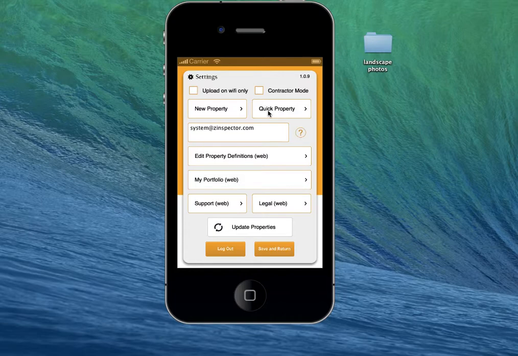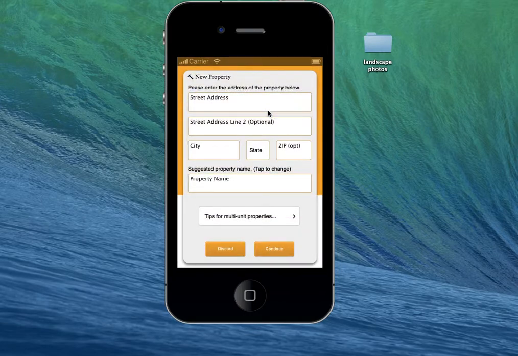The quick property mode could be, for instance, let's say we're a landscaper and that's what we're going to be focusing on, doing the front yards, backyards, side yards, and so forth. So we're going to go into this quick property mode because we're going to be taking photos on very specific areas. So the first thing you have to do is put in your street address,